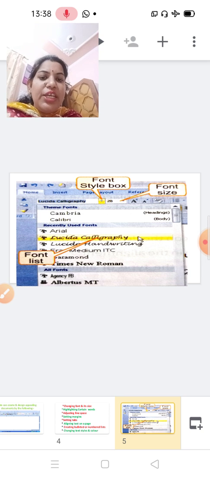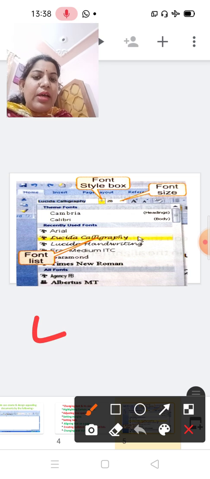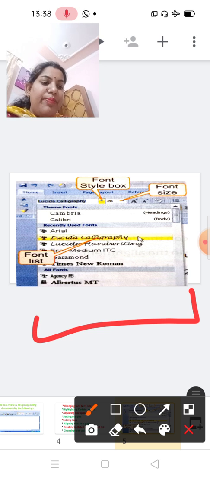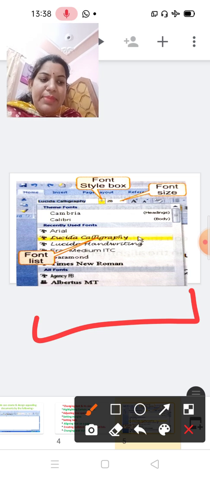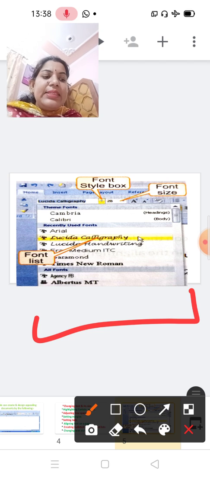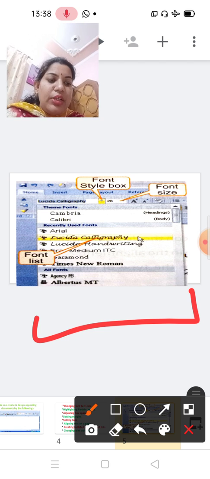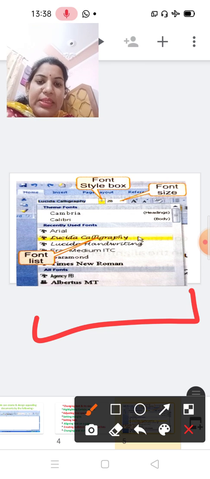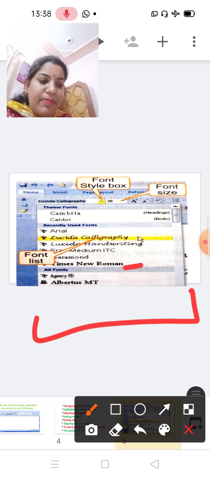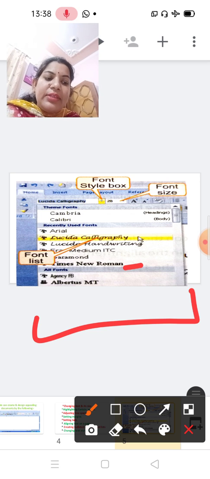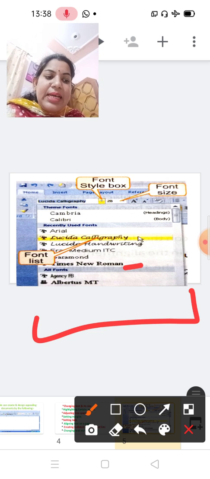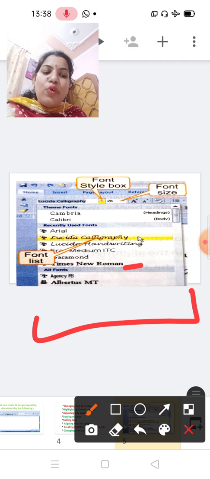Here you can see how we can change the font. When you open MS Word and start typing the text, the default font that appears is Times New Roman. The characters of a specific size and design used for typing the text are called the font.